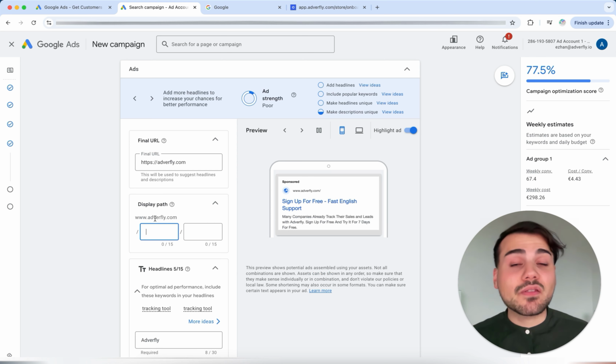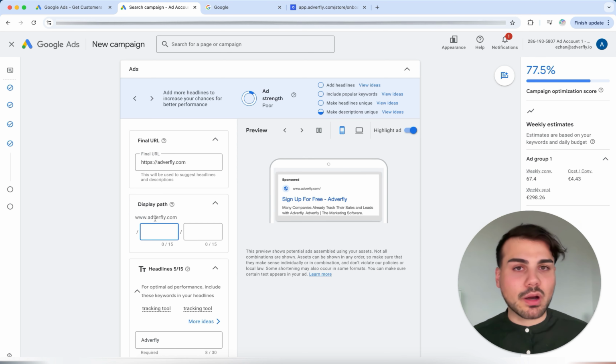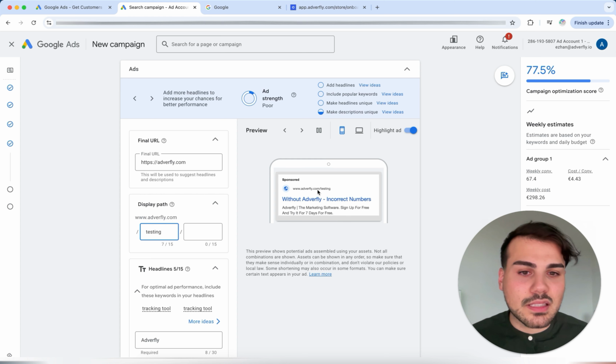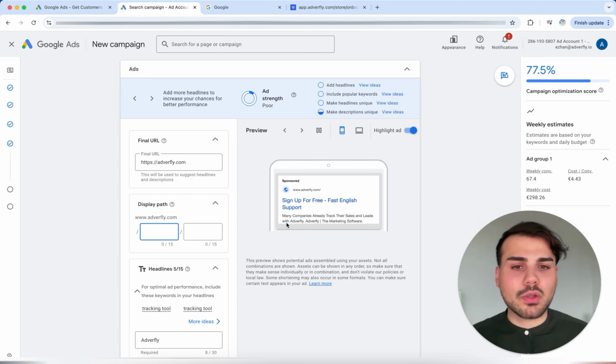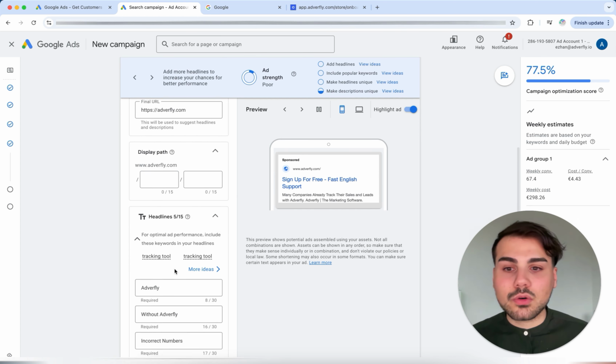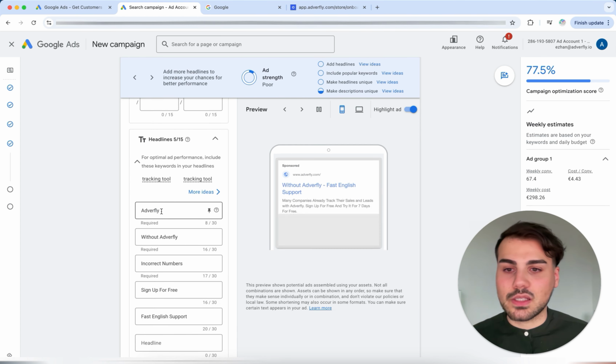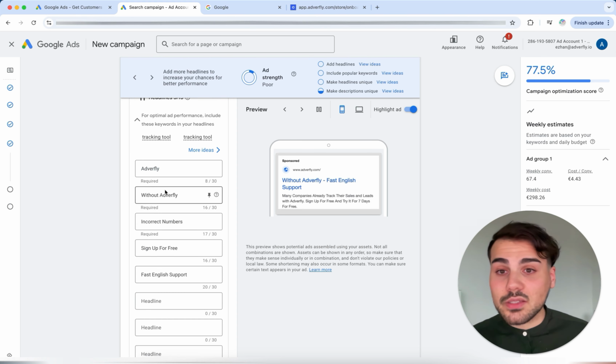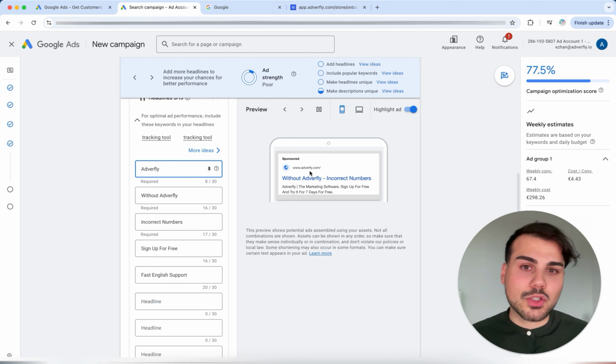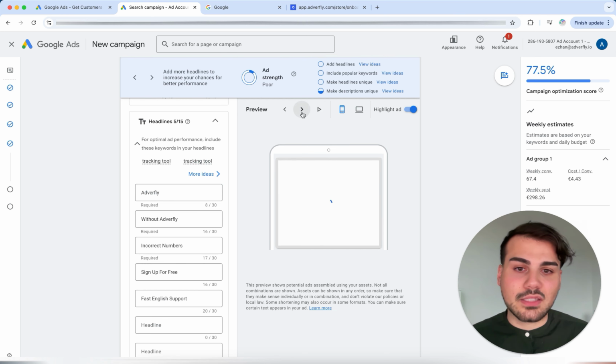I can now add a display path here, which is then just a graphical thing. For us, for example, you can right now test it for free. Let's do that now. Type in "testing" in the box here, and then it will be displayed behind this URL. In that case, I'll leave that out to make it look cleaner, with Adverfly.com, which looks short and clean. Down here you can select all the things that you can now add. What's currently here was automatically added by Google. As you can see in the preview, Google has created many variations as an example.